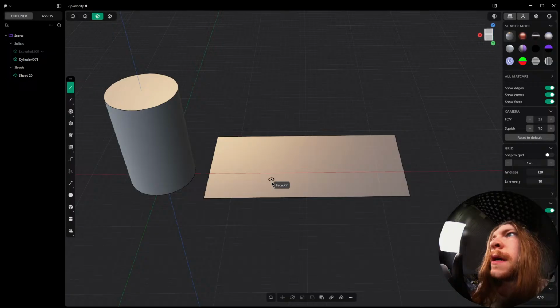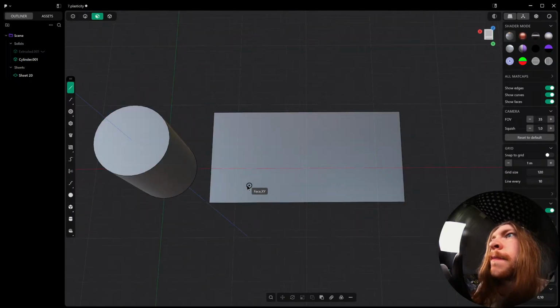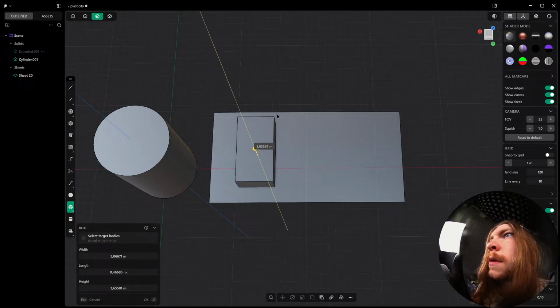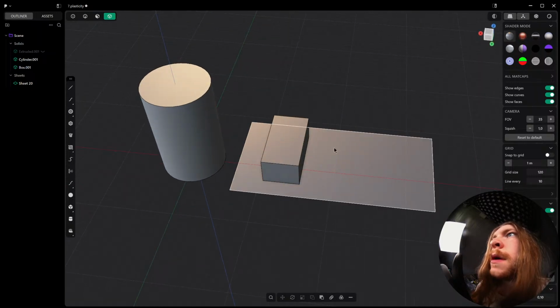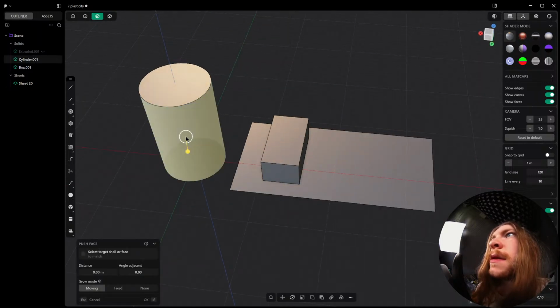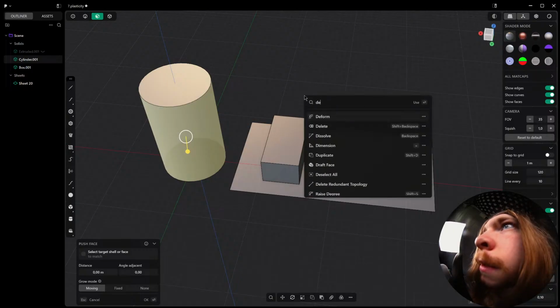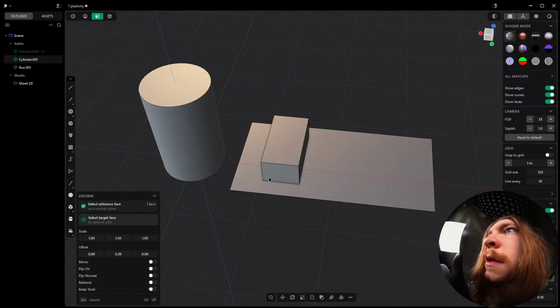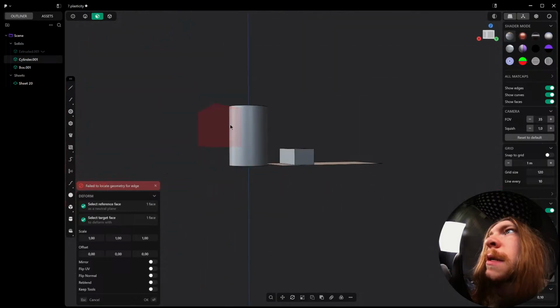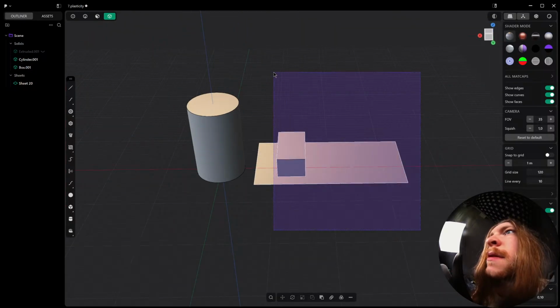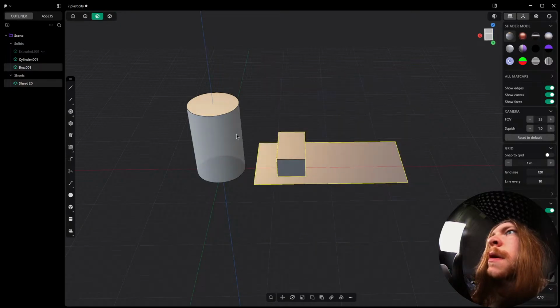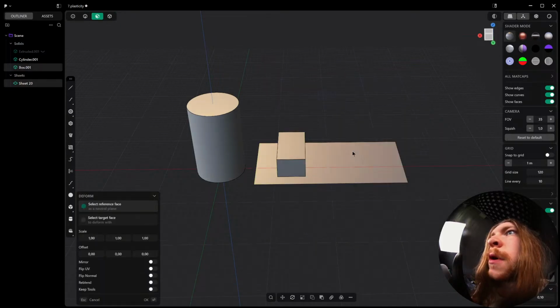Now if I just do this, and then I select that face, deform this to that. Okay. No, I need to select these objects, deform,